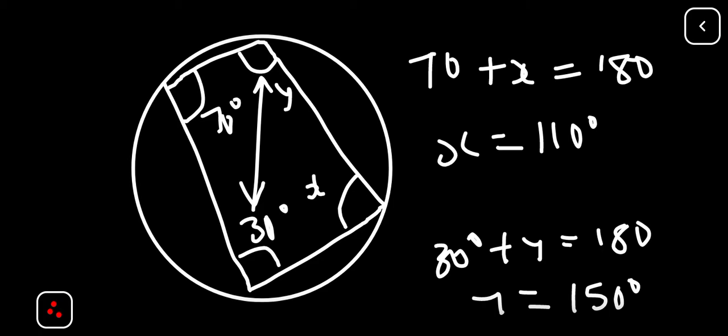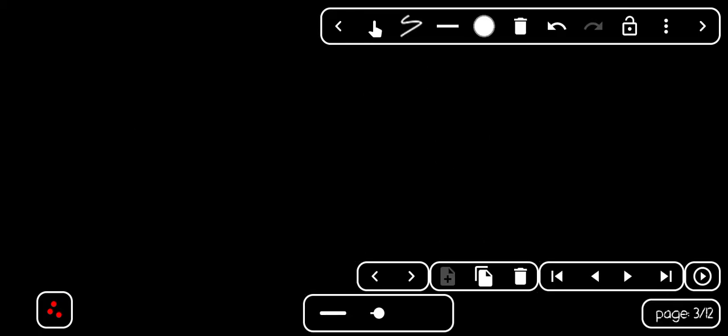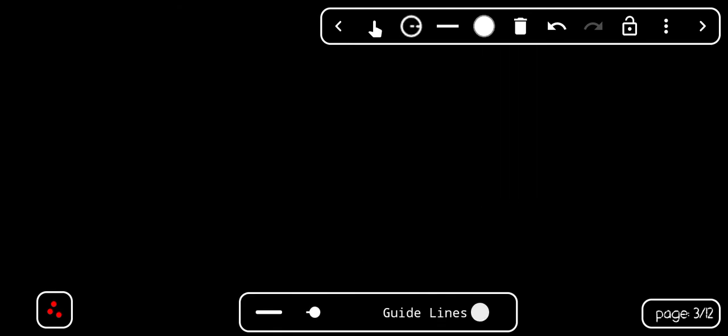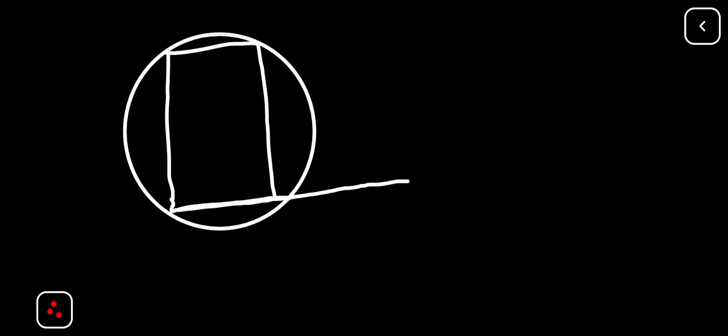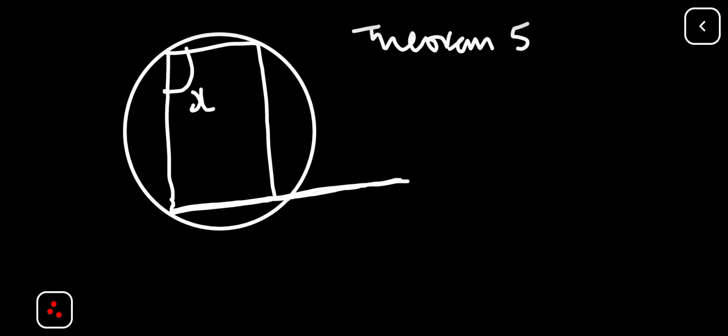But what if you now have a circle like this? Okay, so where you have a cyclic quadrilateral inside the circle, but this time it is extended outside the circle. So the baseline is extended outside the circle. Now this is also another theorem we'll call theorem 5. Okay, so if you have angles here, another angle here,